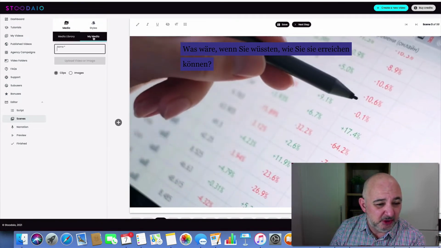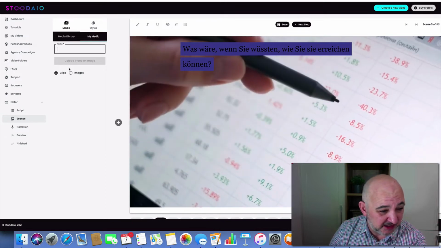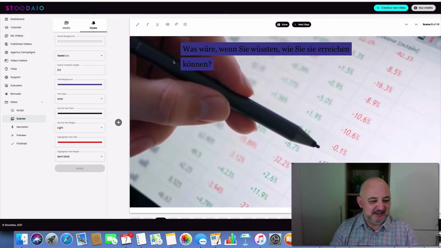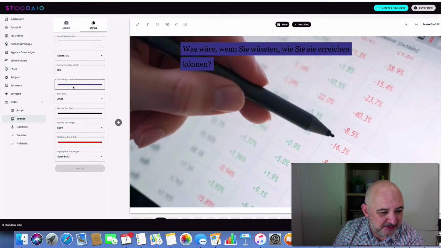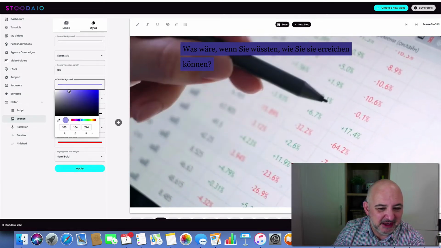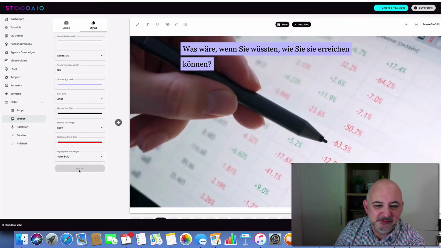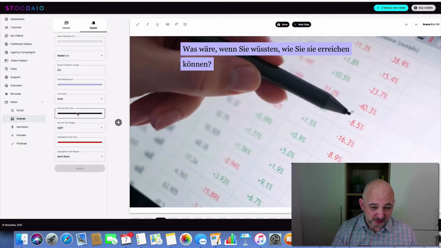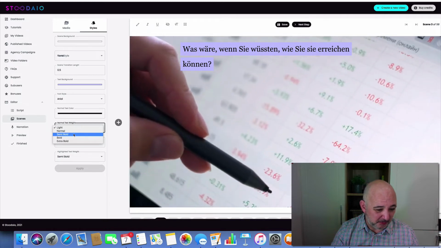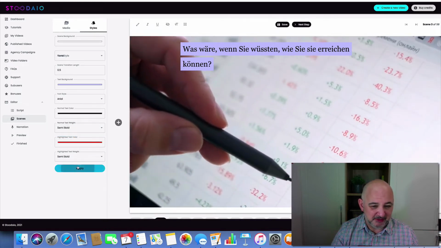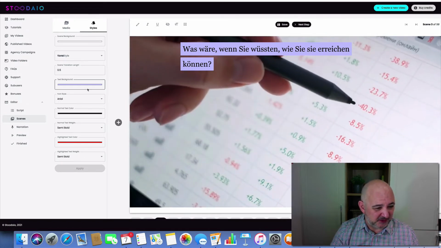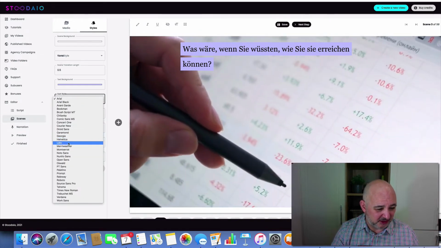Now you can also upload the media to put into there. You can add clips and images. You can change the style of the text. So you can see here, you've got text background color. Let's make that a little bit lighter. You can change the normal text color, text weight. You can make it bold, semi-bold. Let's put semi-bold on there. And you can have different text fonts as well, font styles.